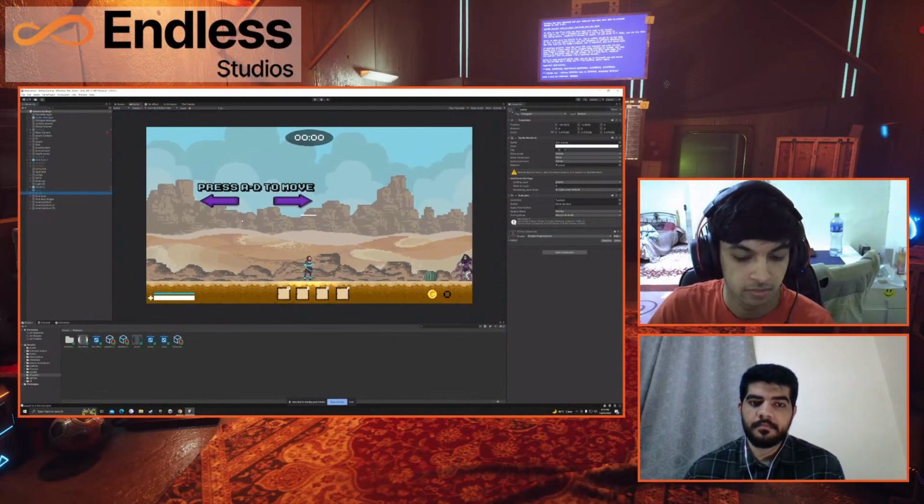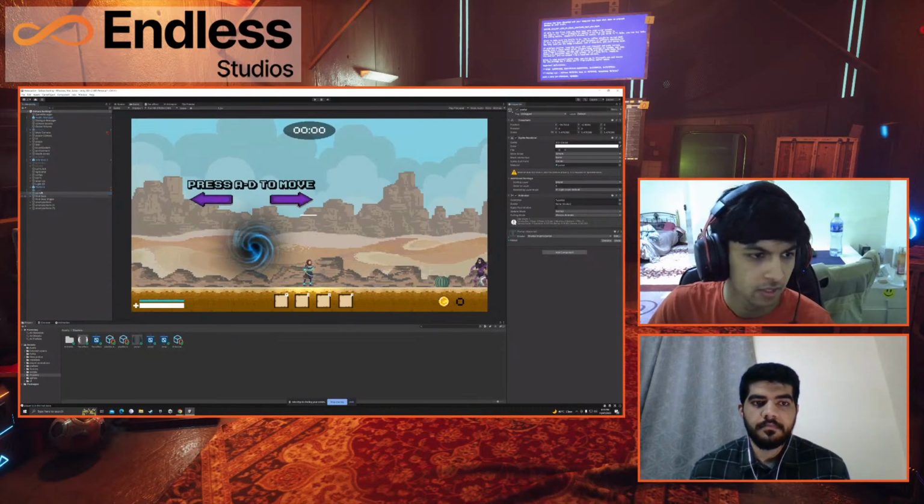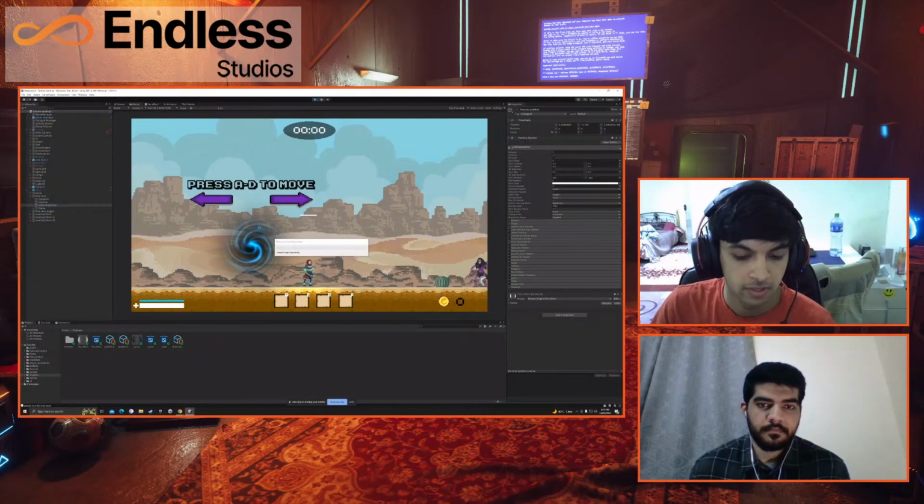I'm going to share my screen here. First things first, I'll show you some of the things I've already done with the shader graph, including a portal that we created for our game, and a hot zone particle effect for our enemy. So if I go ahead and play the game right now,